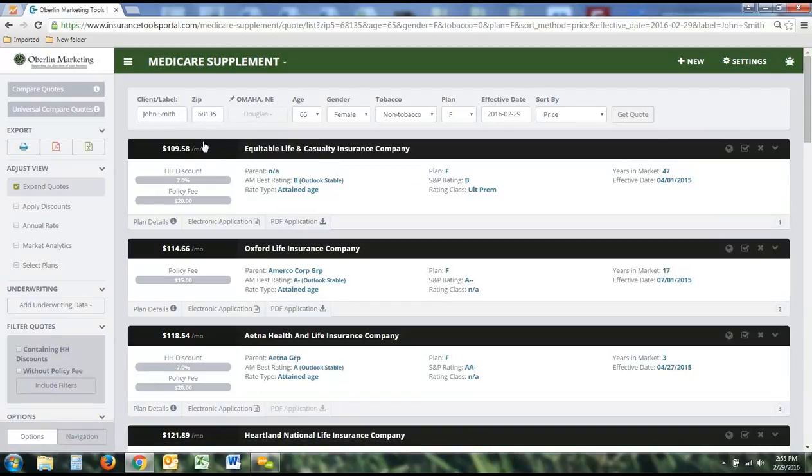Obviously, you can see the companies here, cheapest to most expensive. We're going to give you the price per month, obviously the company name, if there's a household discount associated with this plan, a policy fee if it's associated with this plan. We'll also give you information beyond just the rate in terms of the company themselves, how long they've been in the market, the effective date that you're looking at, if there's a rating class associated with this plan,